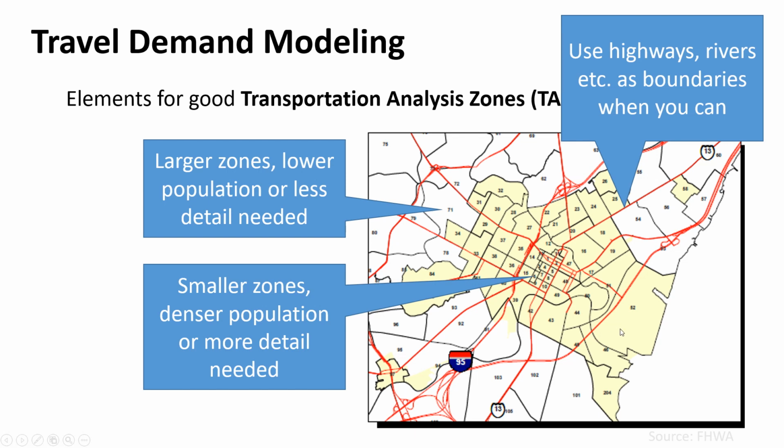And you can have both attractors and production in a similar zone, and we'll talk about that in future lectures. You can have inter-zone trips, and that's a thing, right? But in the end, we're getting down to how many people are driving on this road, how many people are driving on that road, how many people are driving on that road, right? We're down to that network model and where we want to get to.